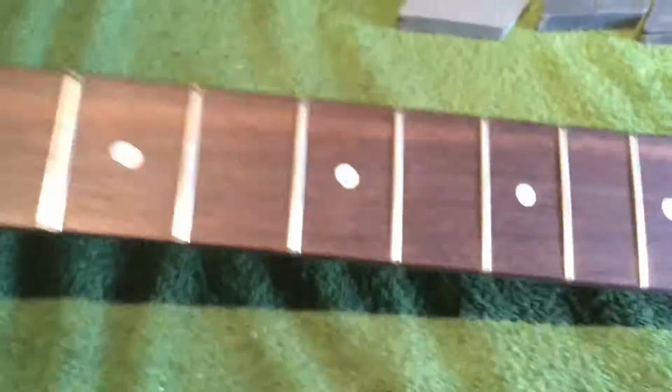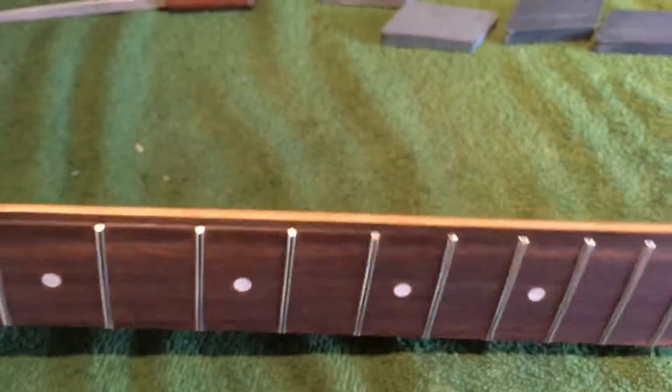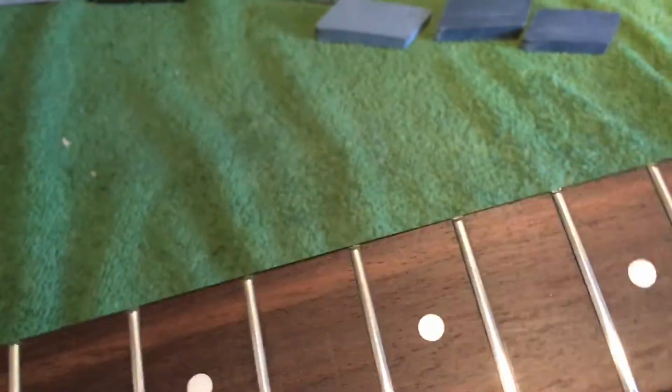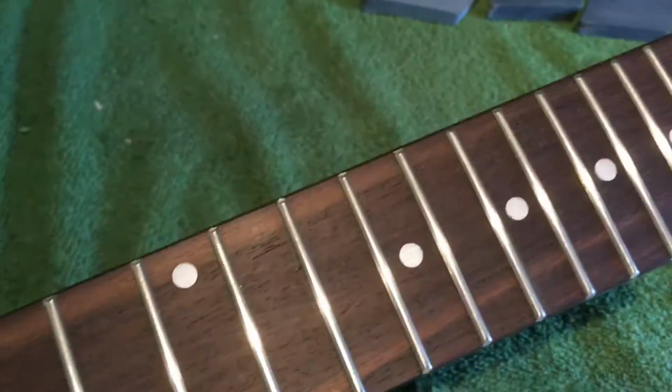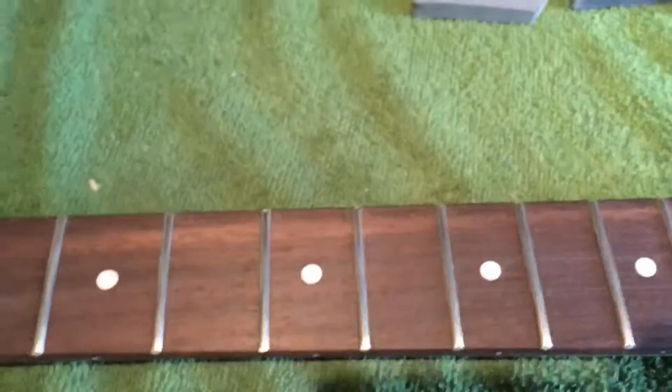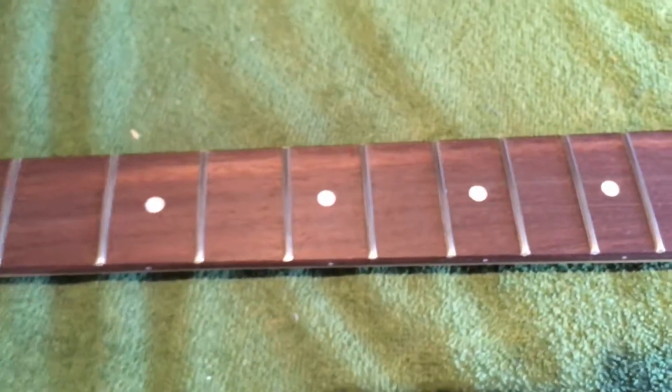I'll show you the frets first. They're done, they're polished, they're crowned. They're all shiny. Can you see some shine going on? Yes you can. There's some shine. Look, they're all rounded over, polished. Nice, done. Okay, so first thing you got to do, if you're doing frets on a guitar,